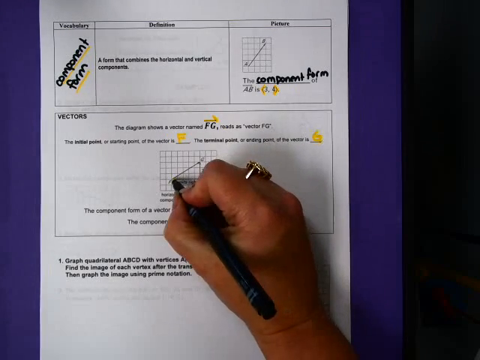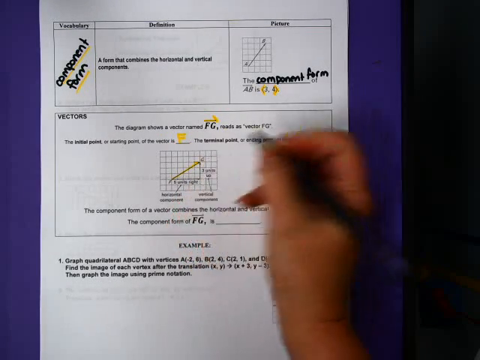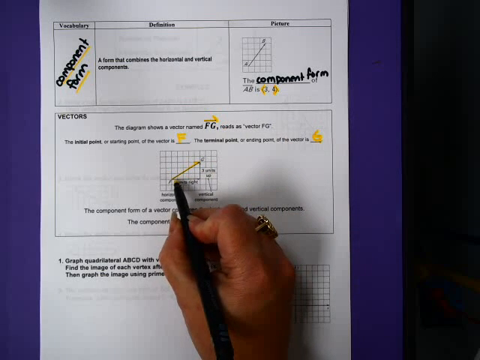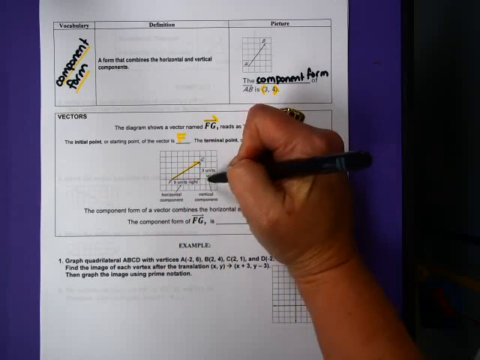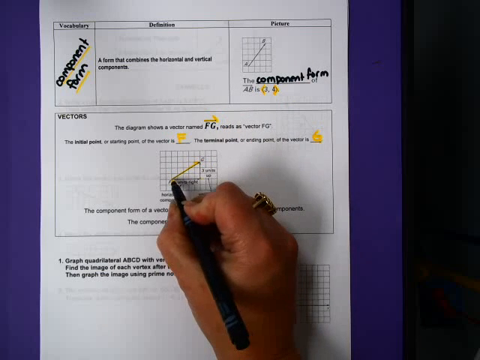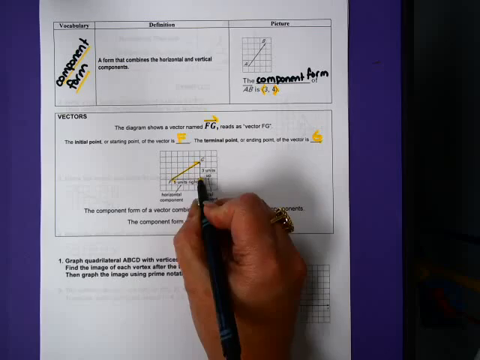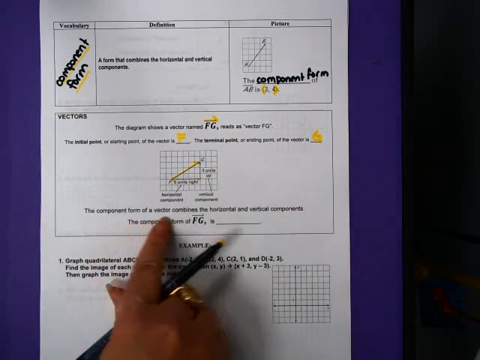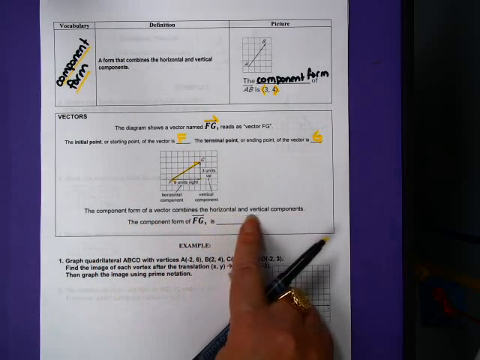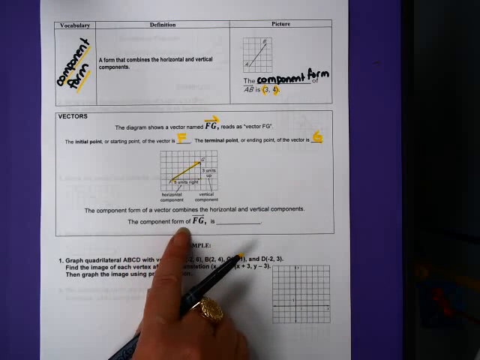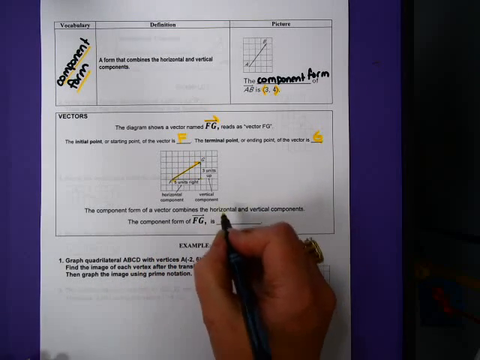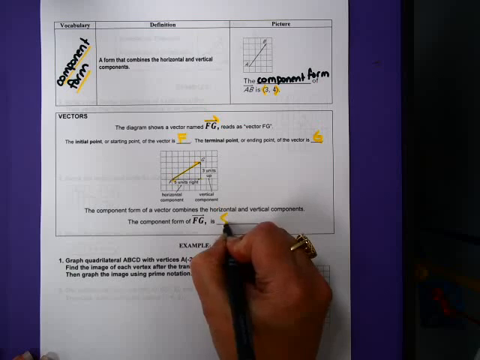All right, here's my vector. The vector looks like an arrow. It's going to go over to the right 5, and then it's going to go up 3. To get from F to G, we have to move 5 units to the right and 3 units up. The component form of the vector combines the horizontal and the vertical components. The component form of FG is, now, you're going to use the